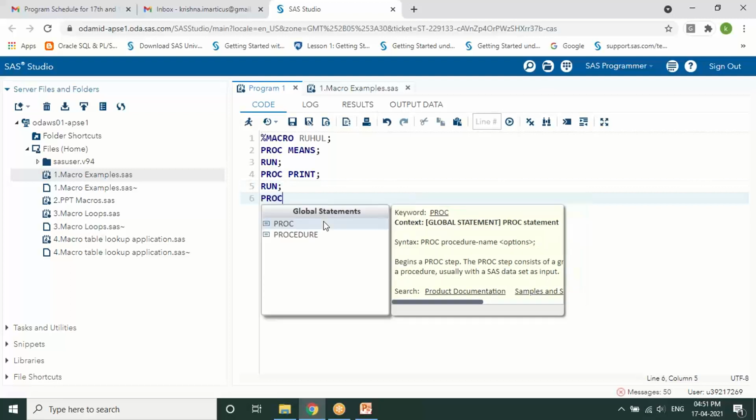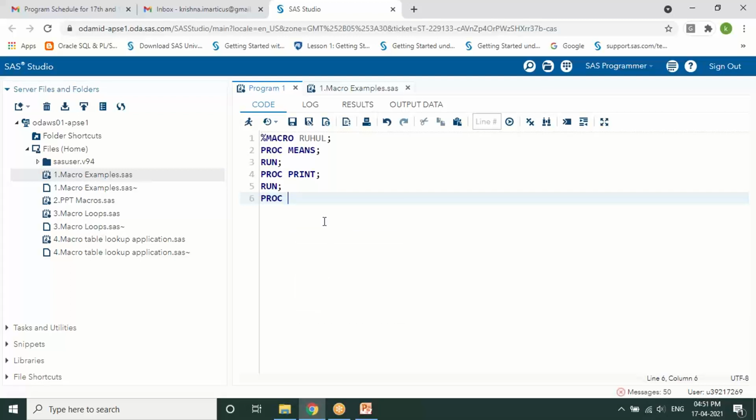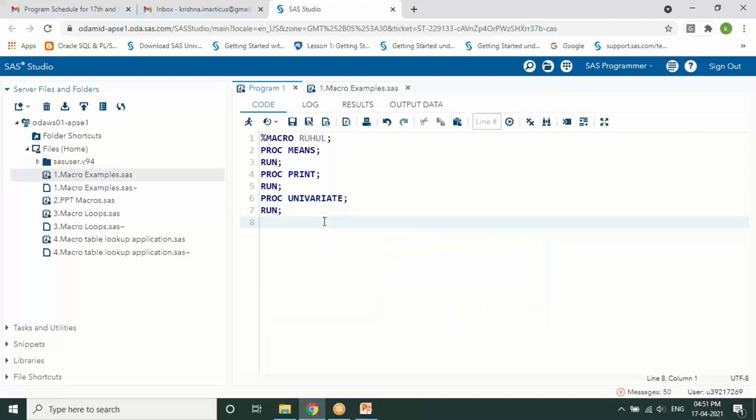I wanted to even give some kind of univariate analysis, or let's say regression or anything. I'll put it as a univariate and run. So on one of my data sets, I want to display all these statistical procedures.